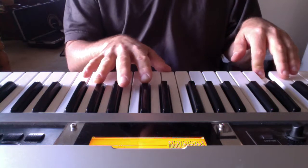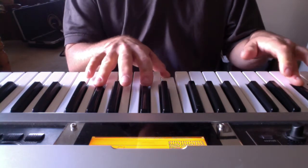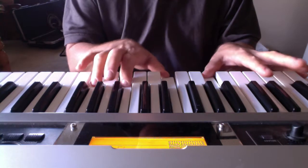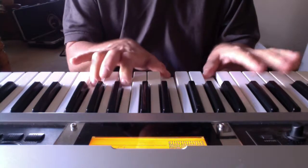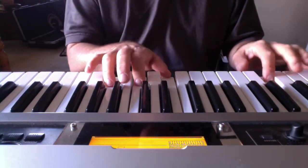Then we get to the A flat, but the note in the bass is going to be the B flat. And when we get to the F, the note in the bass is going to be a G. I'm adding a G here an octave lower just to get a more effective bass sound. So that whole little segment